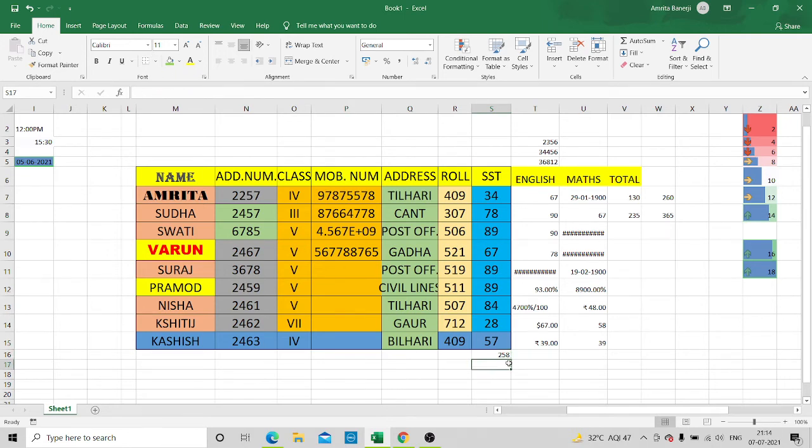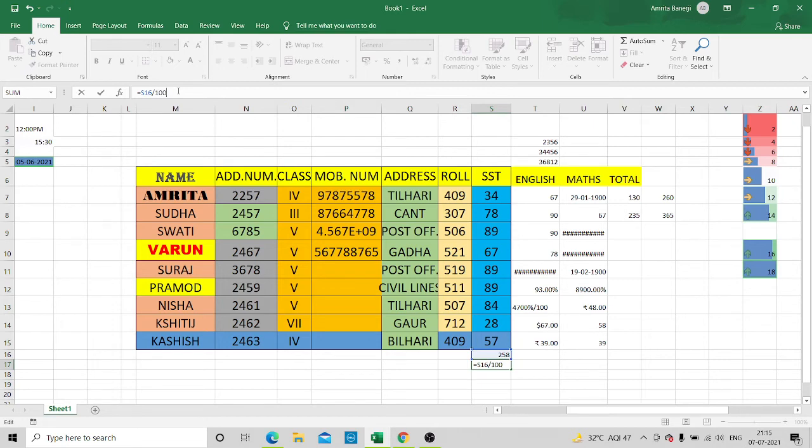Suppose now I need to calculate some percentage of this. Okay, so for that what will I do? What is the name of this? It is S16. So percentage will be equals to S16 value, S16 divided by 4 and multiplied by 100. I will do enter. So okay, no, it has not appeared correctly. I might have made some mistake.